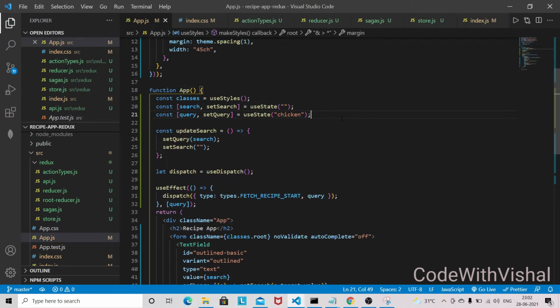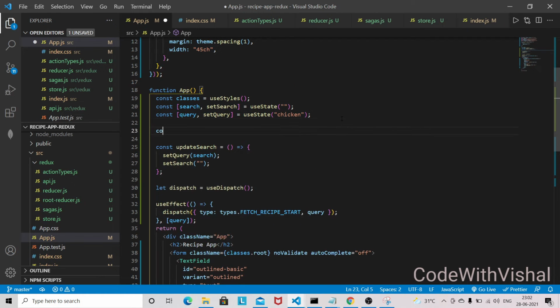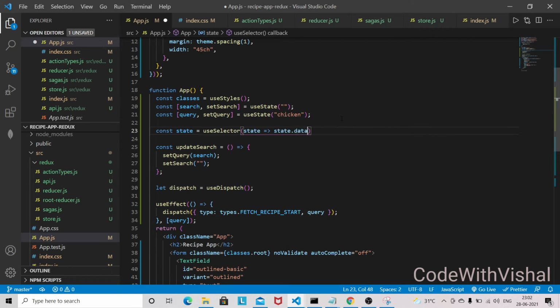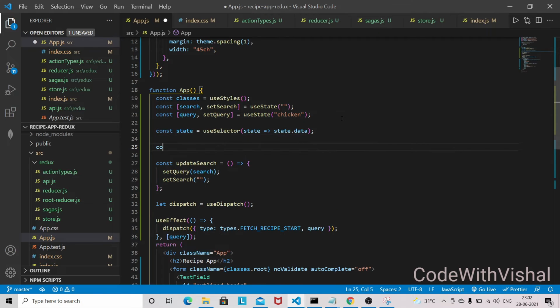In order to read the state, we have to use the useSelector here. state dot data. So I'll just do a console log. I will show you how you can read the state from the reducer.